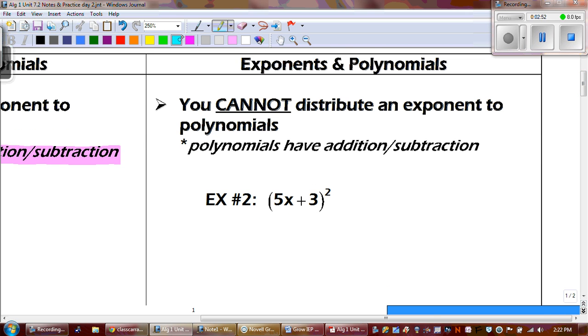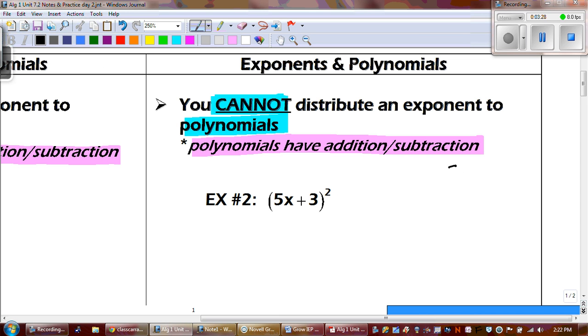Because you cannot distribute an exponent to polynomials, okay? And polynomials have addition or subtraction. When we're talking about polynomials, it's binomials, trinomials, polynomials. This is a big change to what we've done in the past. You can't just be like, woo, I'm going to distribute. Can't do that, okay? And I'll prove it to you why in a second. But